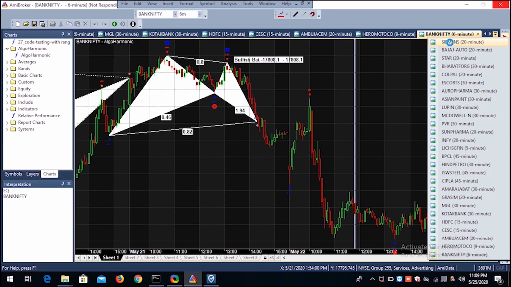Like that, you can see Bajaj Auto, Bharat Forge and so on. This many different watch list entries are there, but you can see the time frame. Some may run on 20, some may run on 30, some may run on 45. What is this? This is the time frame where that particular stock gives very good results.